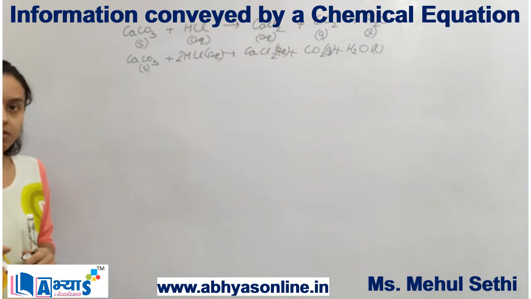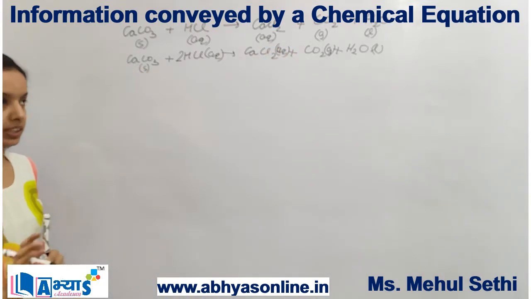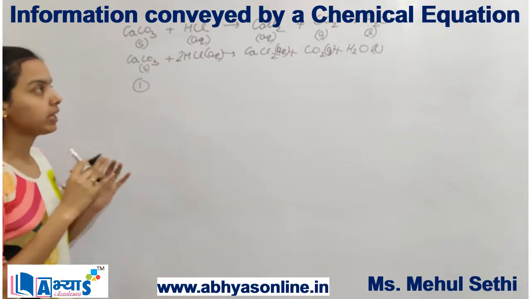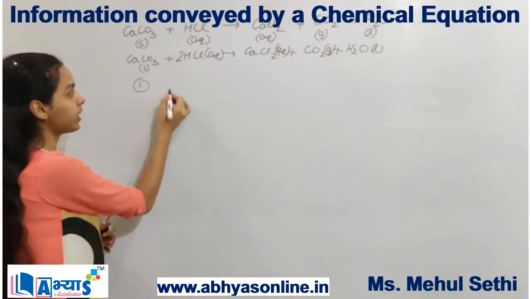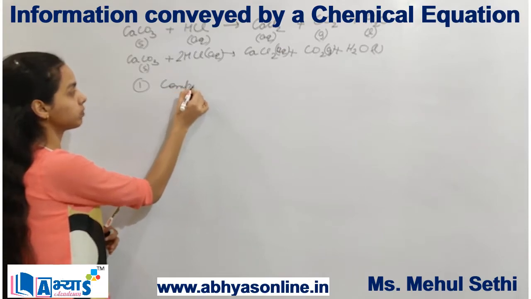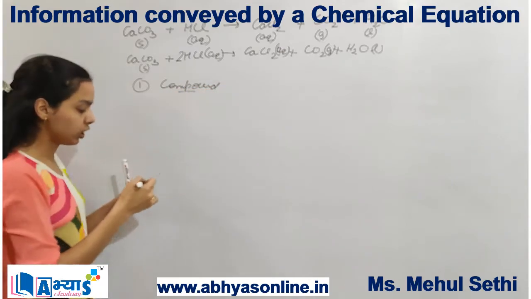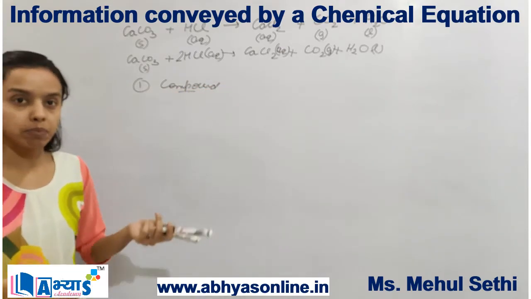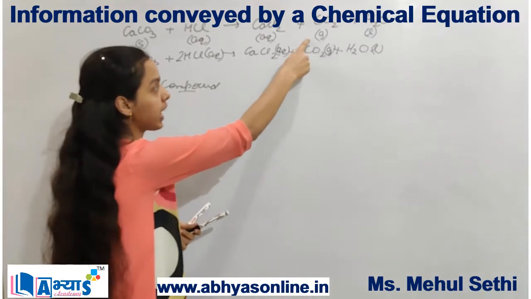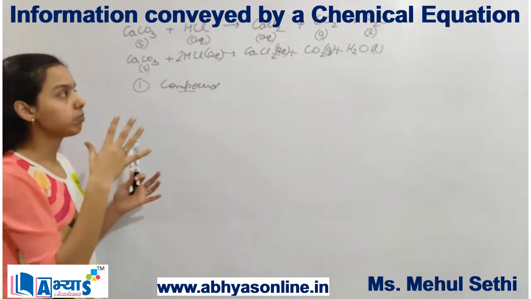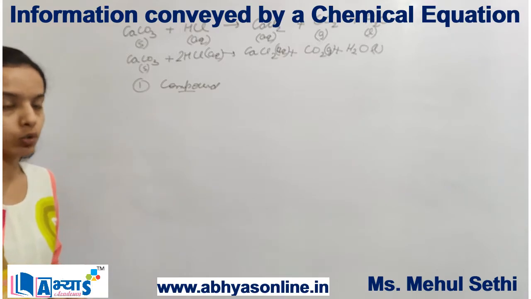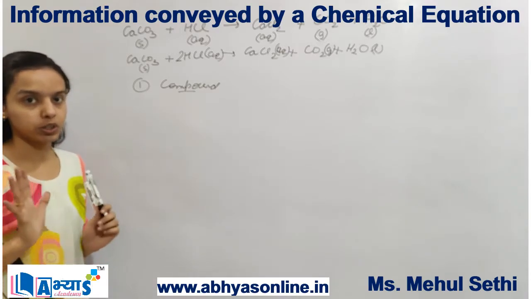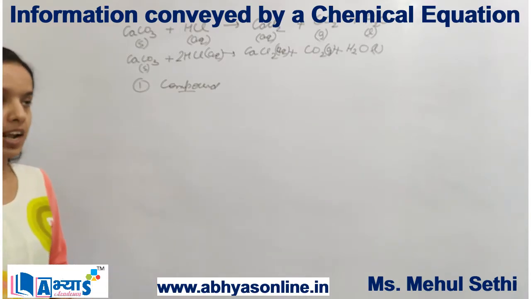First of all, a chemical reaction always needs to be balanced. So the first information we can get from this reaction is the identification of various compounds. As we can see, there are totally 5 types of compounds, out of which one is gas, one is solid, and the rest of them are somewhat in liquid state. So this is the first information which we can get from this chemical reaction.